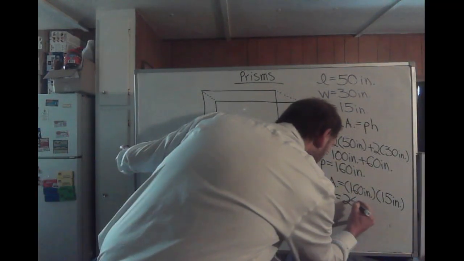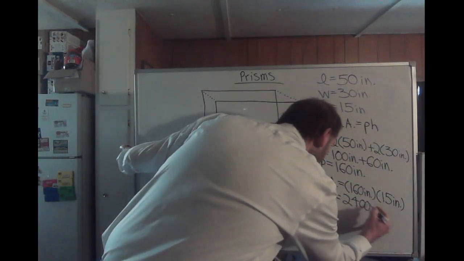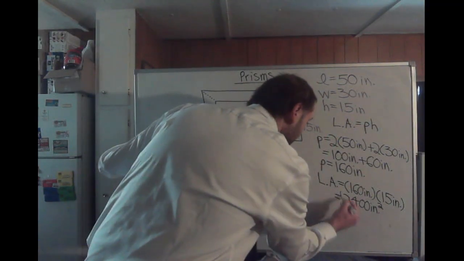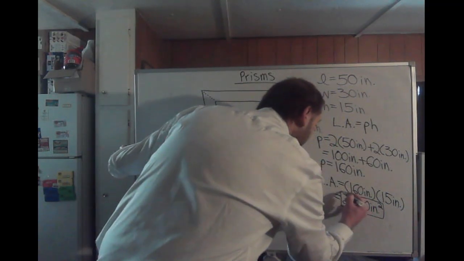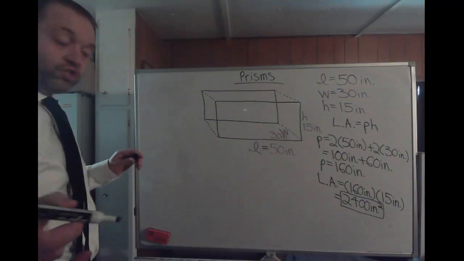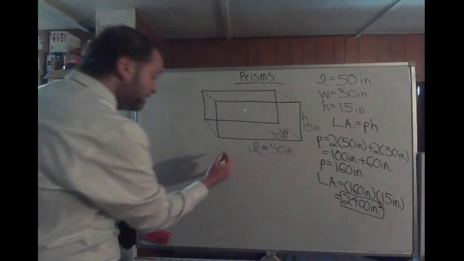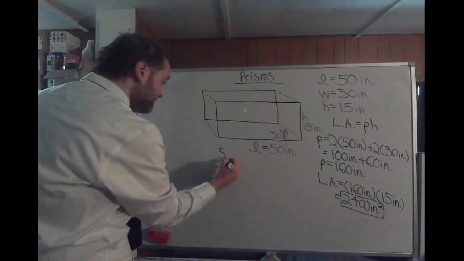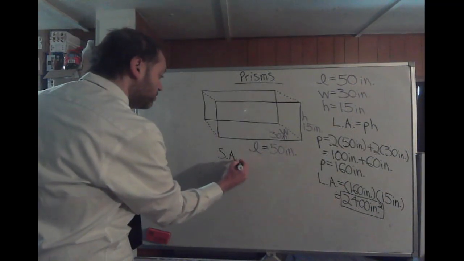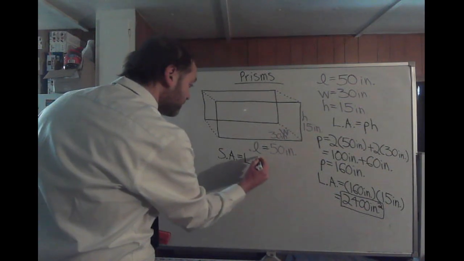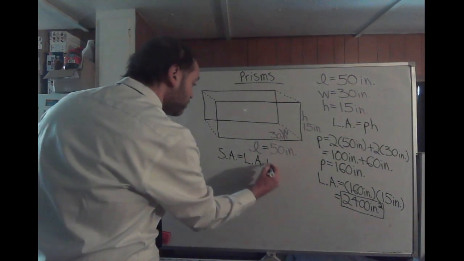$2,400. So the lateral area of this particular prism would be 2,400 square inches. So we found our lateral area of 2,400 square inches. Now, we know the lateral area, we can almost proceed to finding the surface area, which would be the total coverage of the prism. The surface area of a prism, of course, is the lateral area plus twice the area